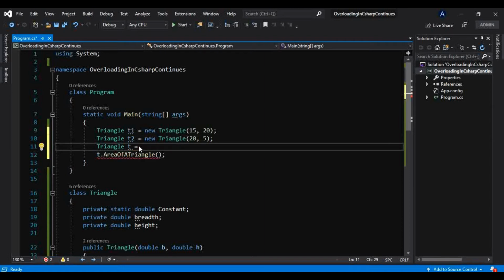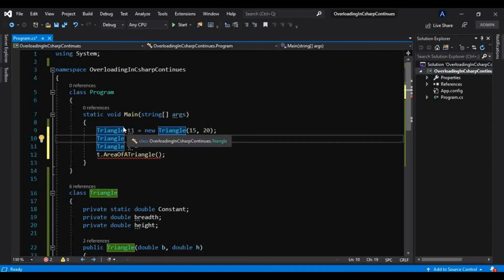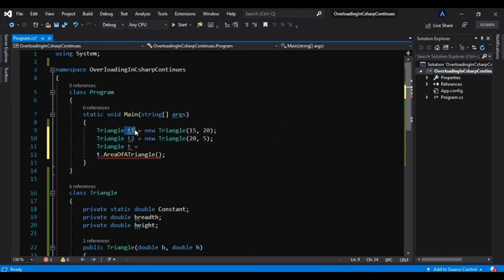Now what I want to do, I want to calculate the area of triangle for this object and the area of triangle for this object, but I want the addition of both these areas. That is, I want the addition of the area of triangle T1 and the area of triangle T2.